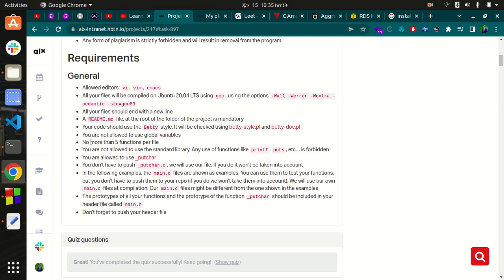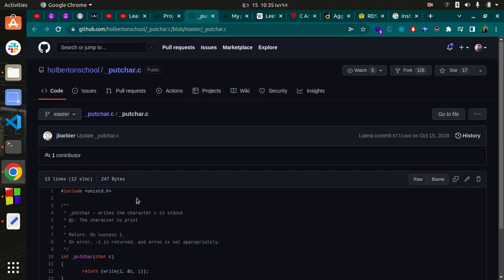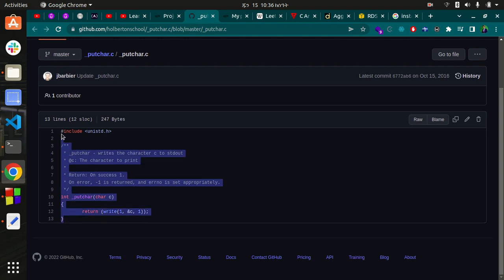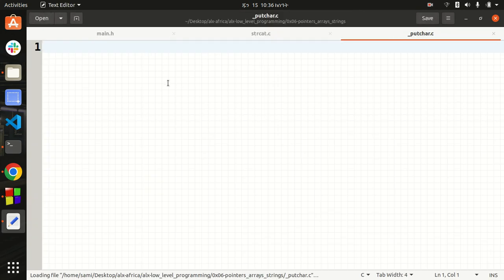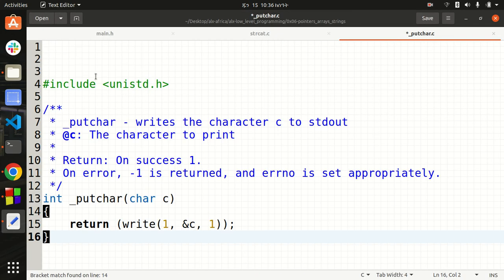These are what we know up to this one. So I'm going to also have a put char. I'm going to copy this one and come here, touch underscore put char.c, and I'm going to open it like this, and I'm going to vi into it,